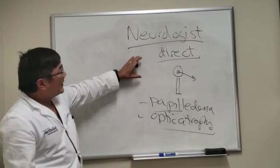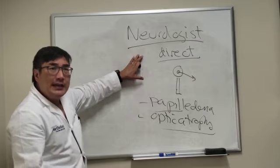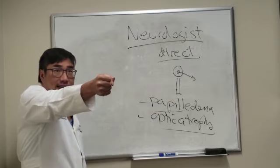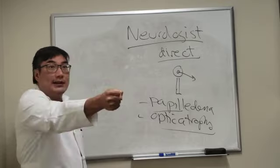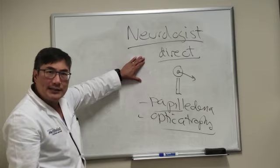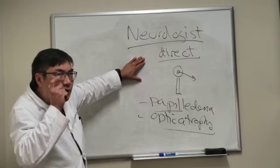And the amazing thing about the direct ophthalmoscope is you can buy ophthalmoscopes now that give you a wider view, and you don't have to play with the clicking of the little lens and stuff. You just stick it on the person's eye, and it's got like a little suction cup, and it just shows you the fundus. So the modern PanOptic type devices can look into the fundus without having to focus and click